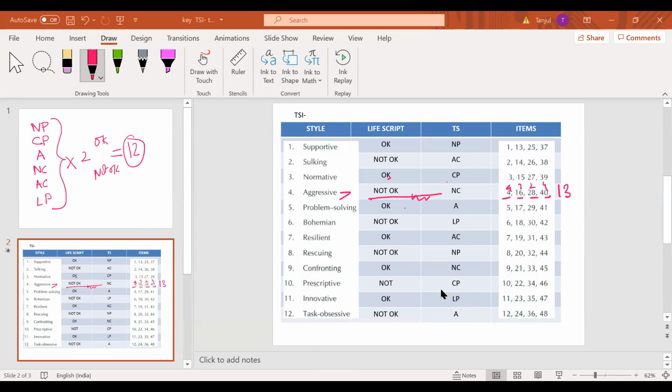So that is good. That becomes a problem only if the ecosystem in which you are does not have people who are also problem solving. If you're surrounded by people who are more nurturing parent or controlling parent, you will have trouble having good interpersonal relations with them.